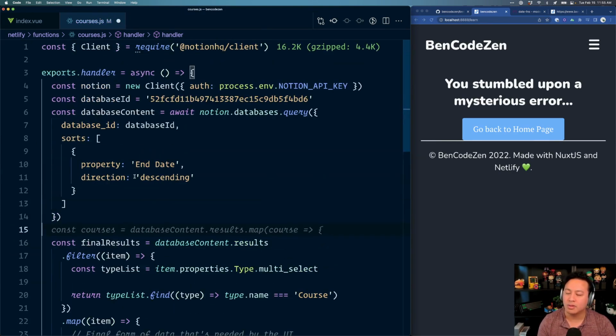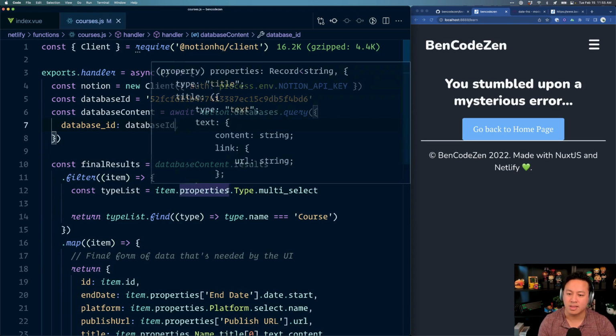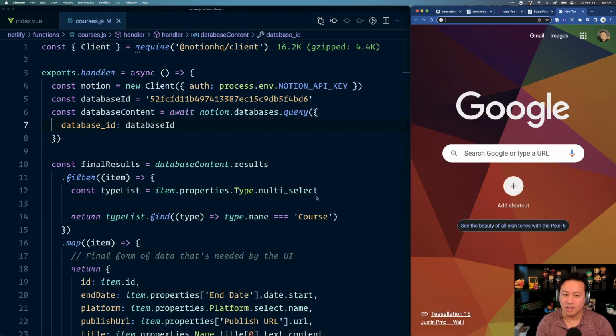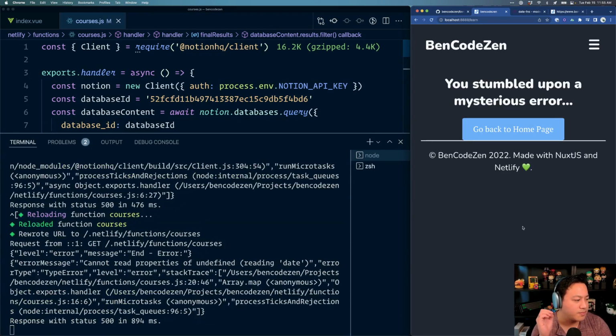Okay, so sorted by end date. You know what? I'm not even going to worry about sorting it. Let's just take that out and save. And then once again, let's check this out. Good. Refresh. Oh, yeah. So there's the hello. Okay, so we're going to rewind a little bit because there's a question here regarding explaining the scheduled hooks